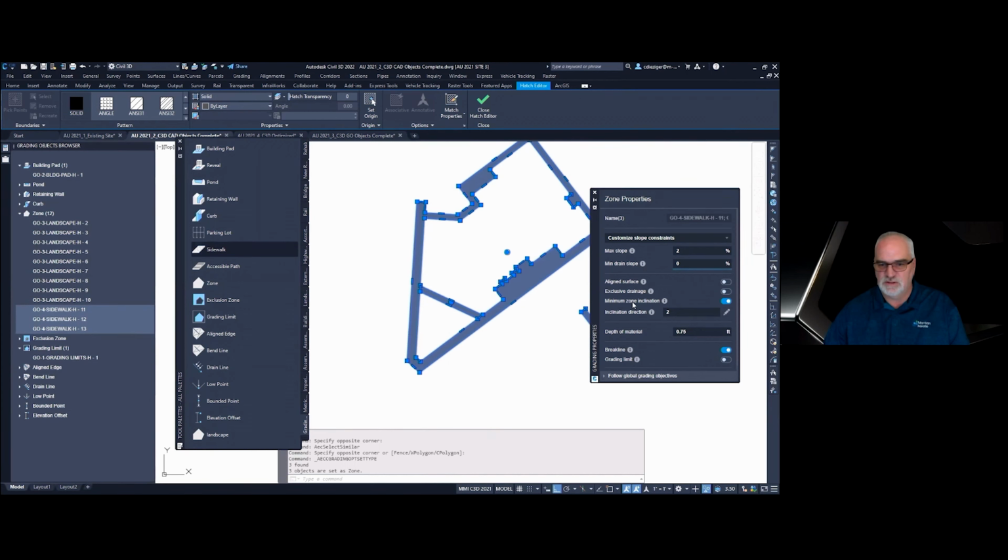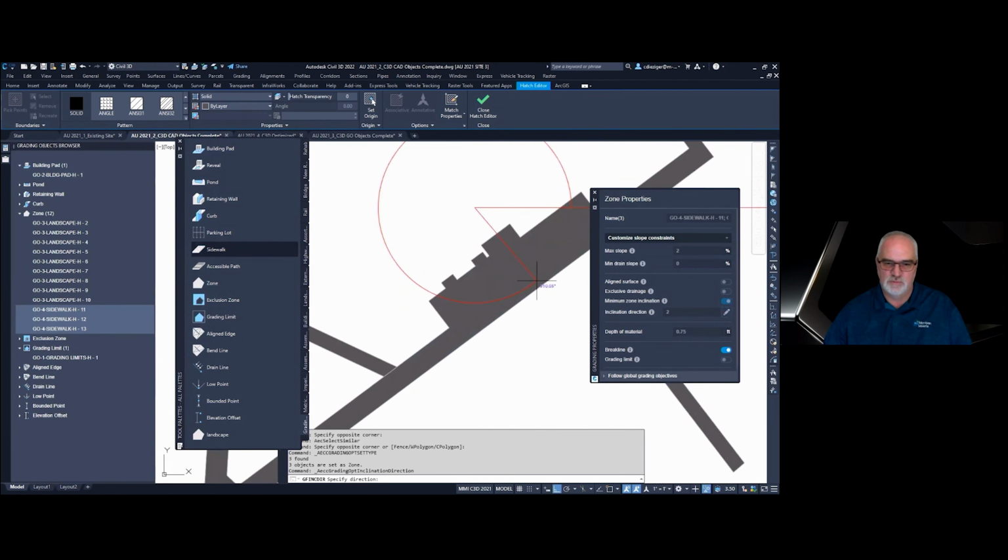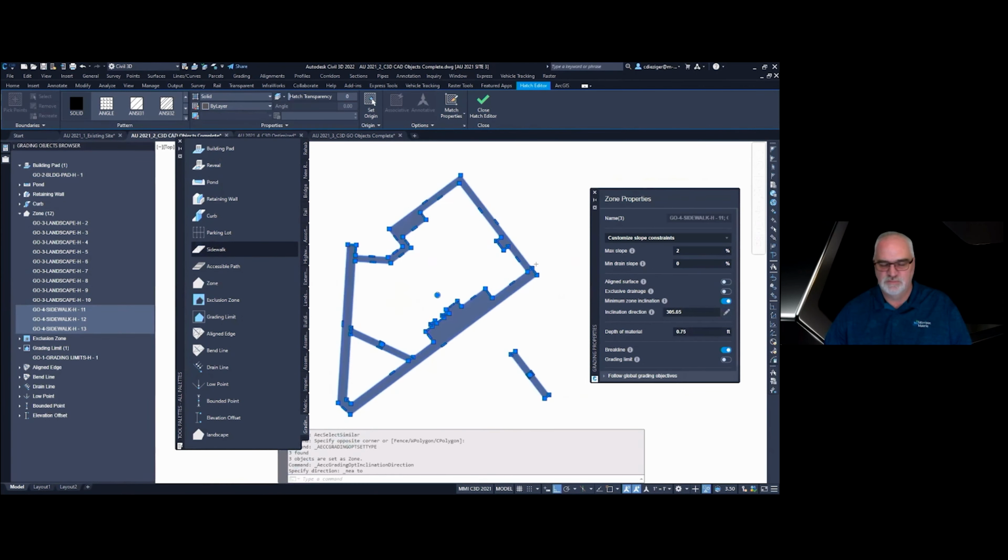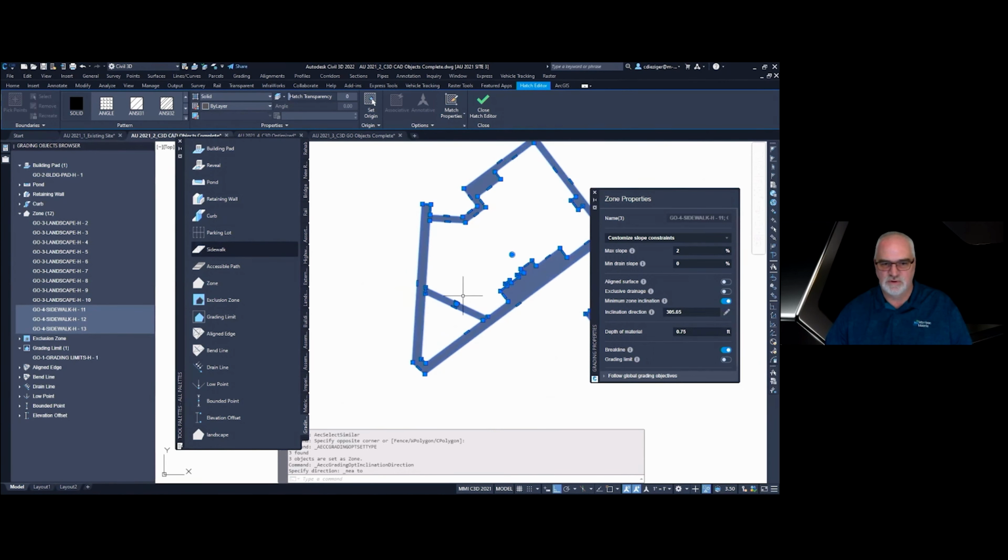Minimum zone inclination allows you to set an angle in which you want that object to drain. And so maybe, if it's really important to you, say this area, you want to make sure it drains this way rather than the direction I just gave it, or this, you want to drain this way, then you'd need to do each of these in individual hatches and set an inclination for each of them.